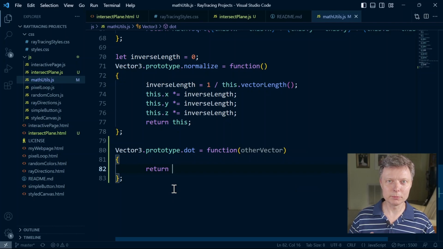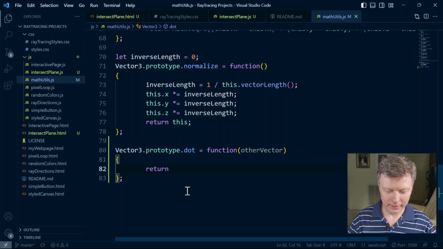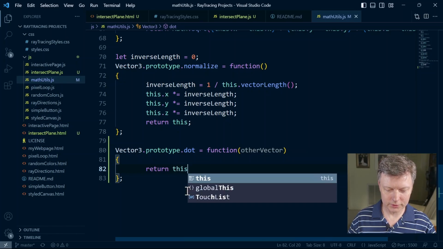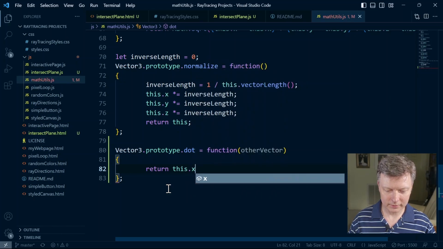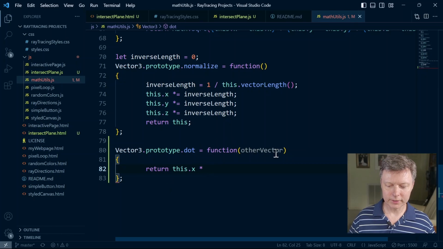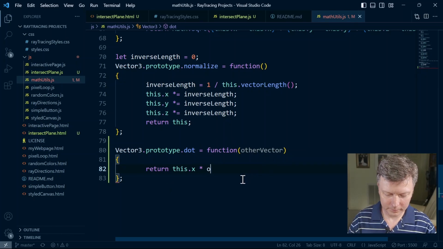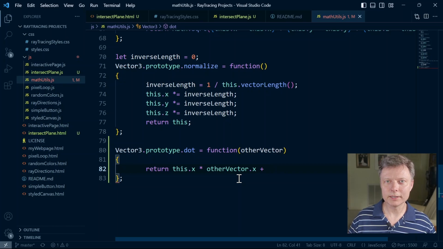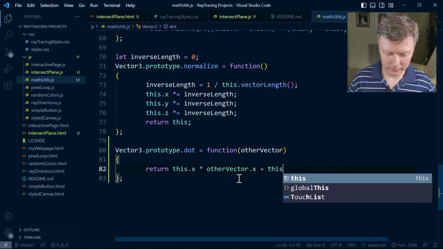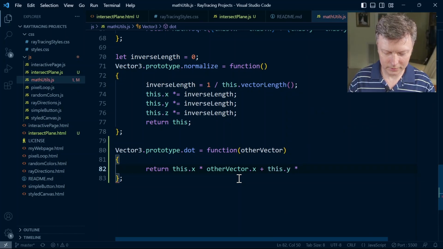Remember, it's just a scalar number. That's why it's called the scalar product sometimes. So return, and then we're going to use the keyword this, which refers to this vector 3 that we're calling the dot product with. So this dot x times the other vector dot x. Plus, and then we do the same for the y components and the z components. So it's really simple. So this dot y times other vector